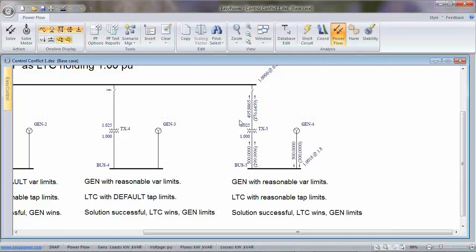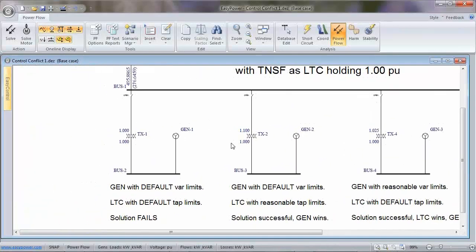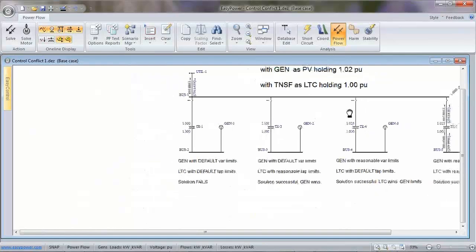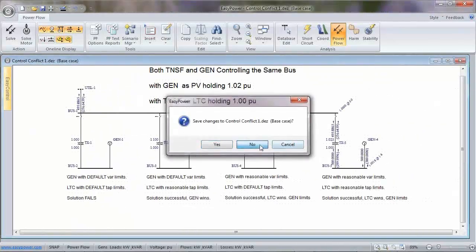Okay? So, control conflict. If you have generators and you haven't specified VAR limits and you have LTCs and you haven't specified real tap limits, you probably will run into an issue with a control conflict. All right, so transformer versus a generator. Now,